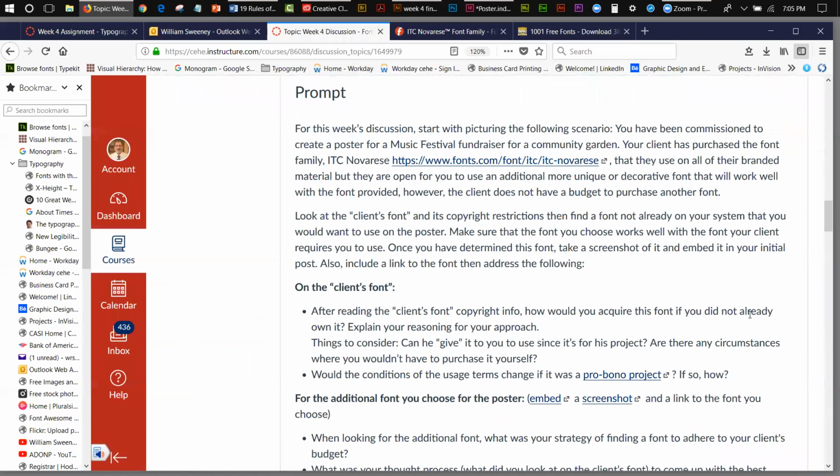So let's get back to our discussion. It's copyright restrictions. Find a font not already on your system that you would want to use on the poster. Make sure that the font you choose works well with the font your client requires you to use. And keep in mind, you also want it to make sense within the context of the musical festival fundraiser for